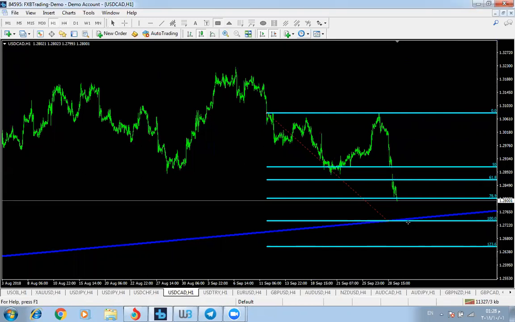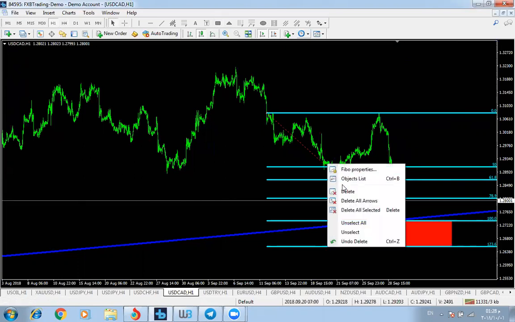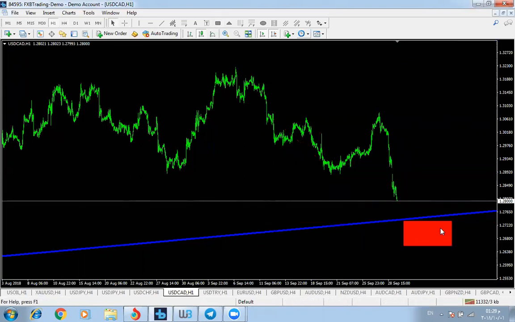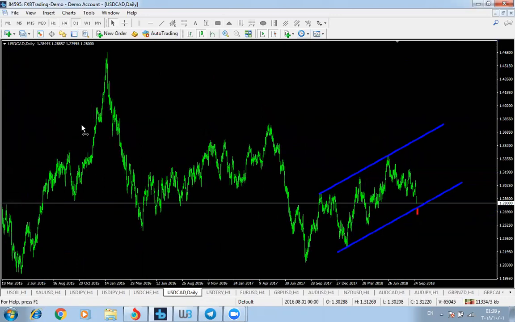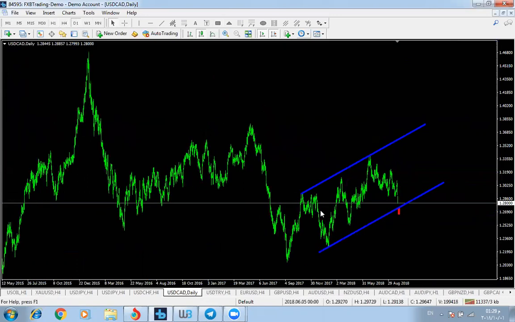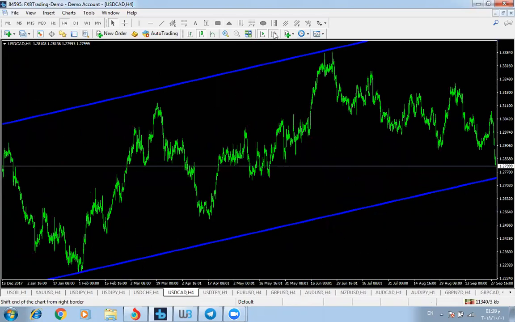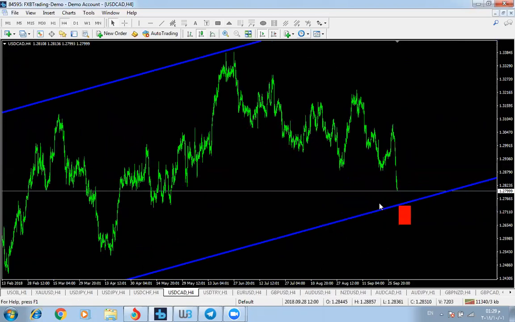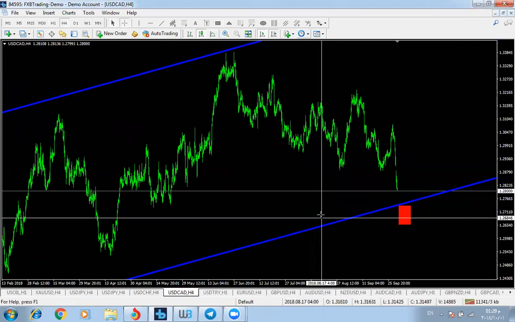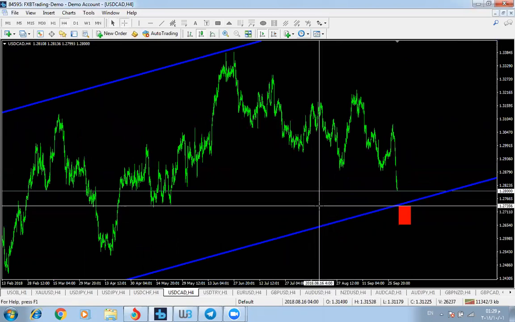So this is our red box where we expect the price to bounce from, and the whole price is within this channel, and I expect the price to move slightly downward from this channel. So our target for the CAD is around